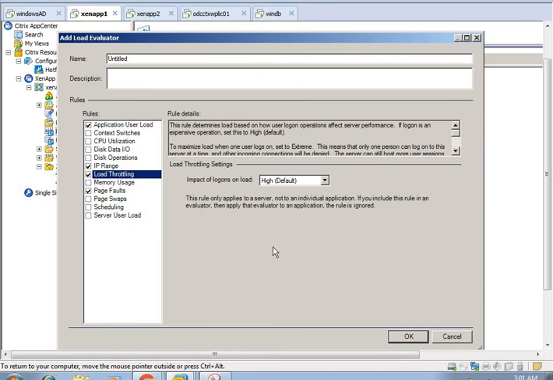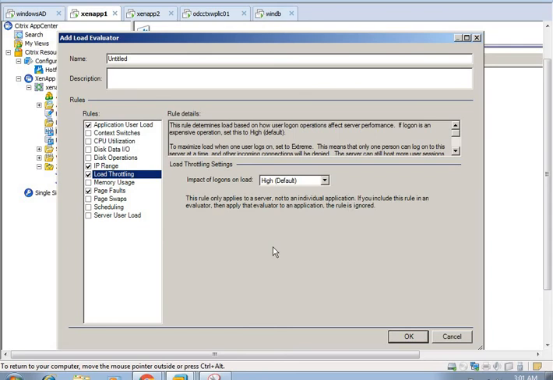Whenever you log in to a desktop, laptop or server, at the time of your login the CPU and memory utilization always increases for a moment, and after some time it gets normal. If multiple users are logging in to the same server, the resource utilization goes high. So load throttling manages the resource utilization at the time of user login.